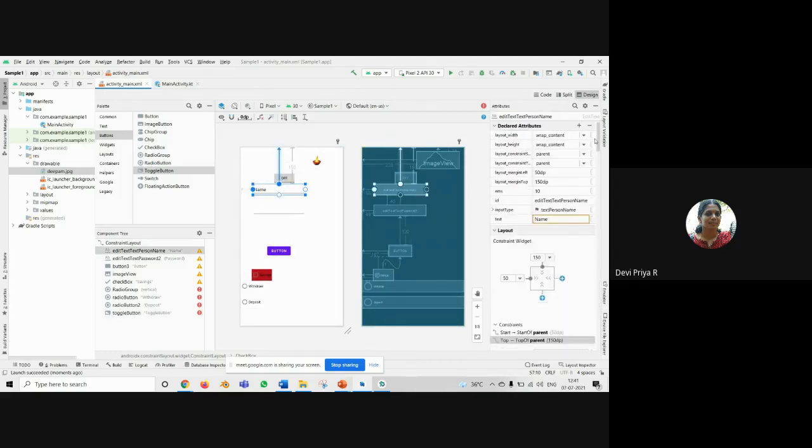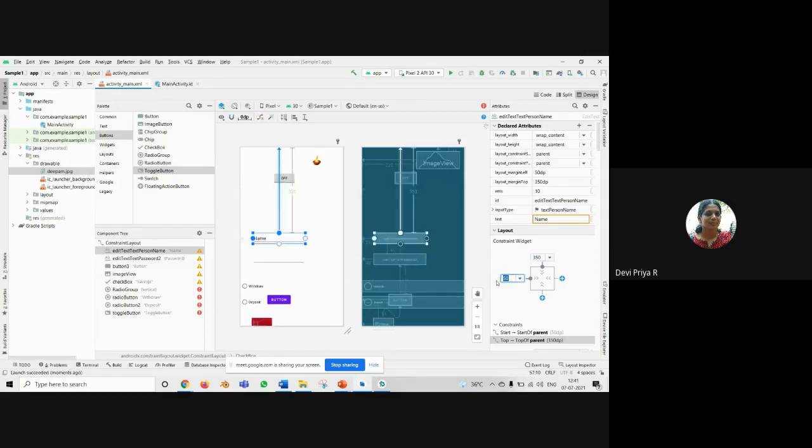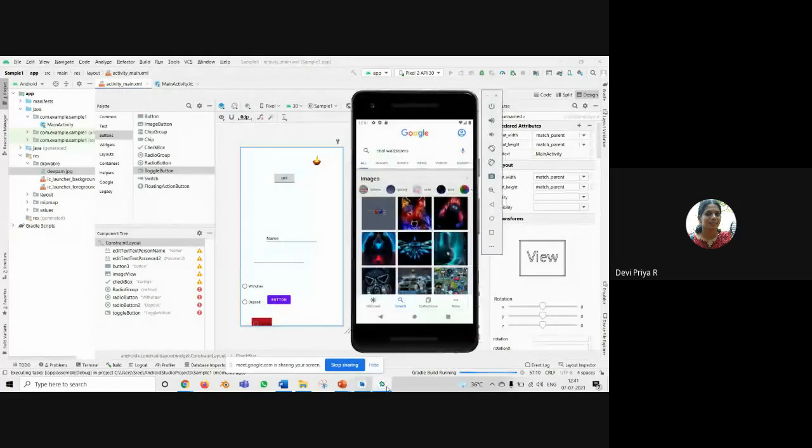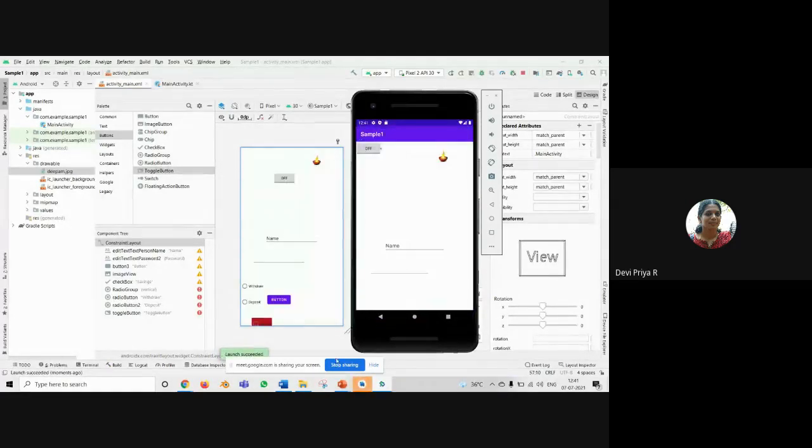And I'm setting the horizontal position. See, if I click, this will be toggled on and off.